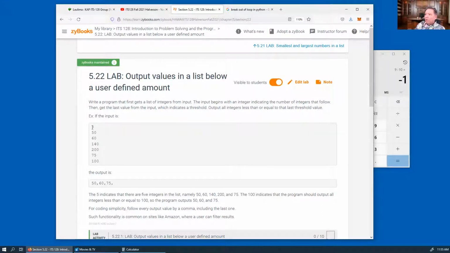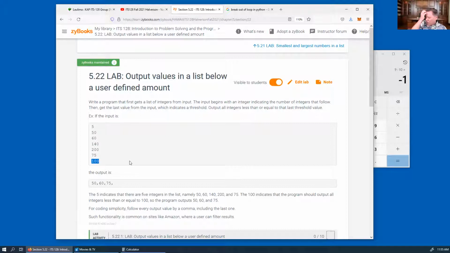Okay, so first of all we say we're going to be giving you 5 numbers that follow. And so you give them the 5 numbers. And by the way, when you do it this way, when you know how many are coming, then you can use the for loop, instead of having something that indicates that that's the last value. So these 5 are input, and then the last